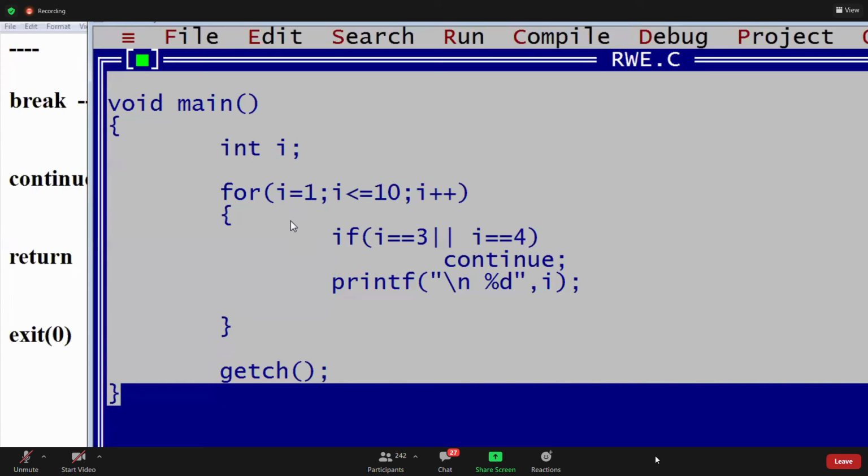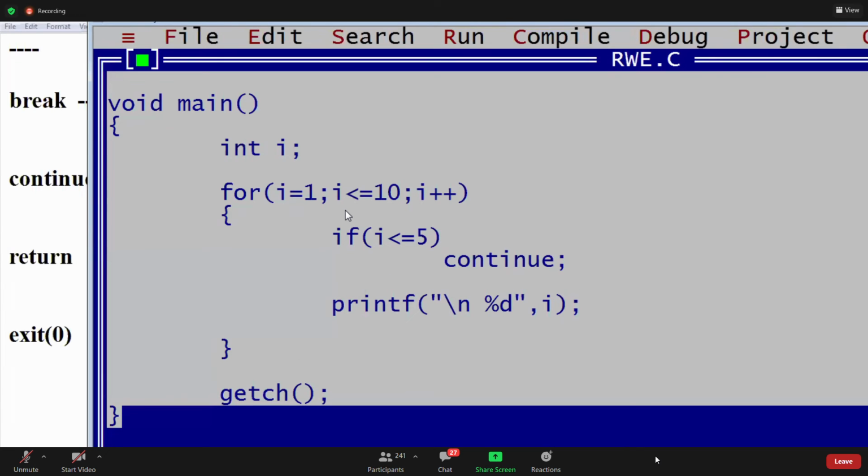Next one, guys. Now write this next one, guys. Next example, except 3, 4, it prints all the statements. I less than or equals 5. Yeah, write this next one.